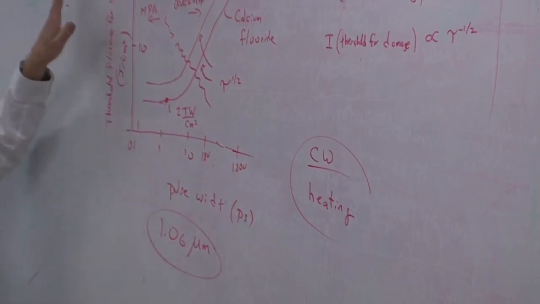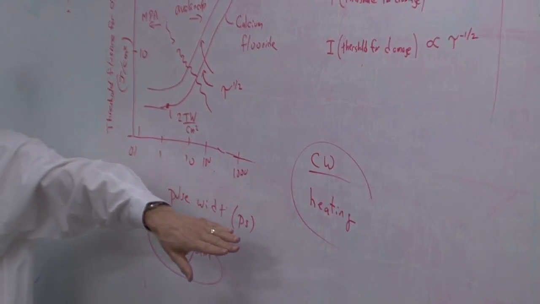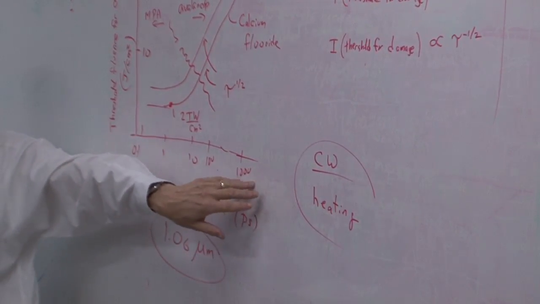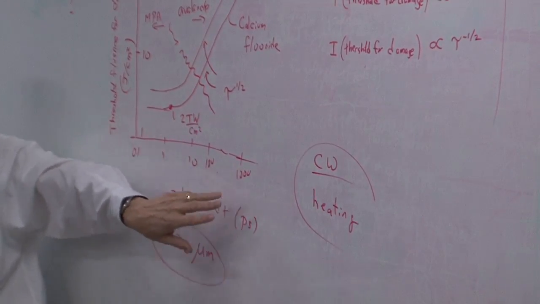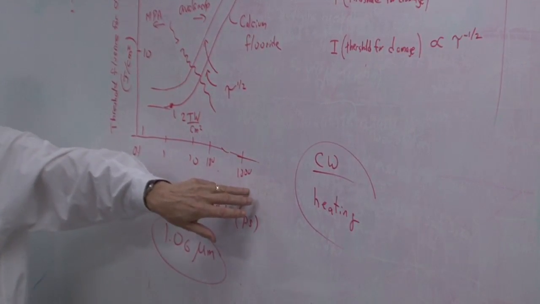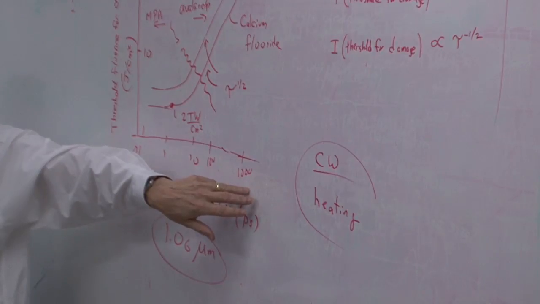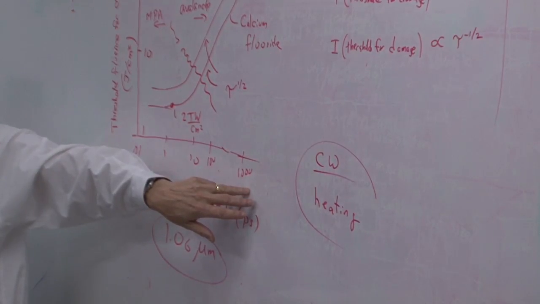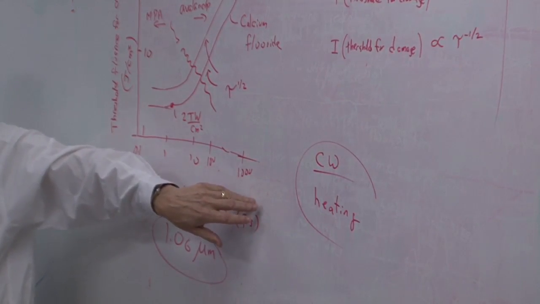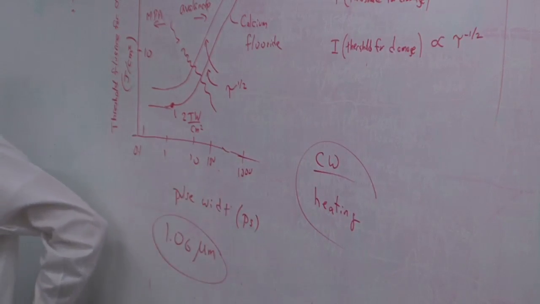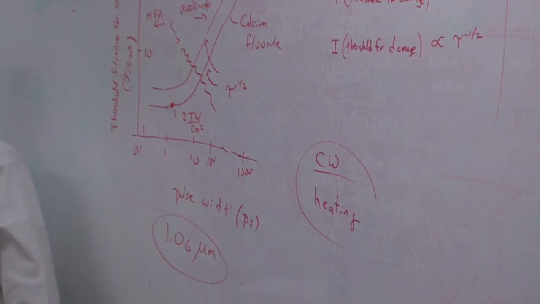What I said here, I'm thinking of pulsed lasers. Stuart didn't go this far, but maybe even up to 10 or 30 nanoseconds, this scaling law still works. Longer than a microsecond, it's just heating of the material,